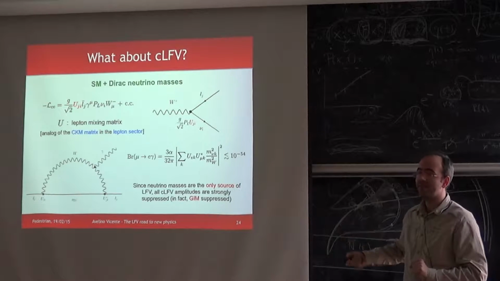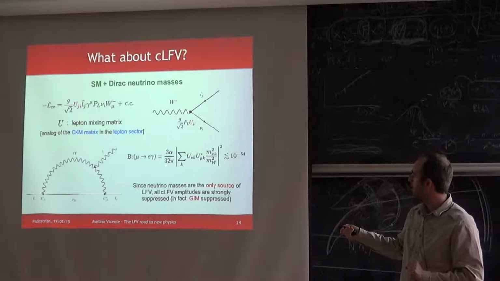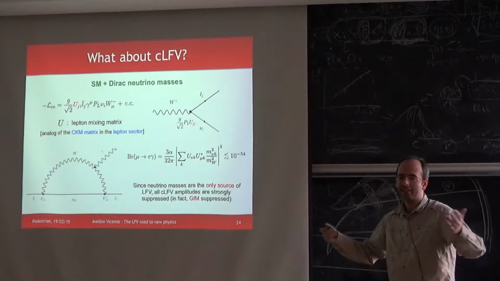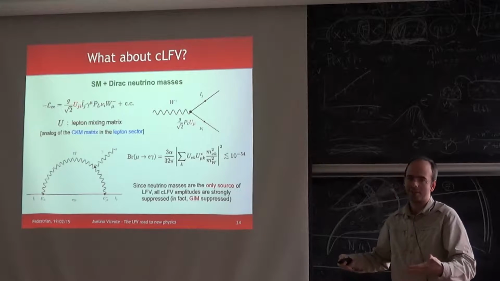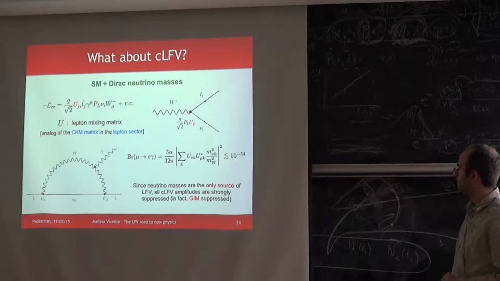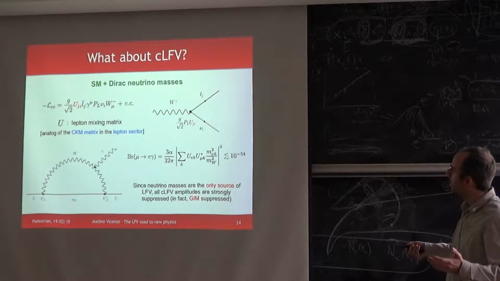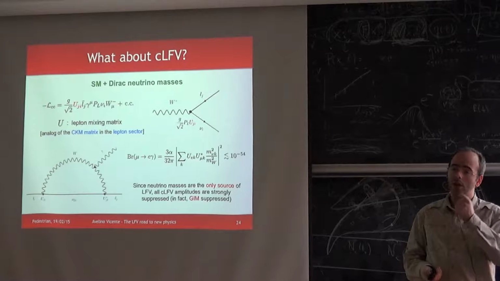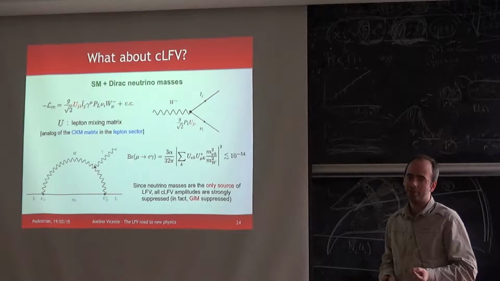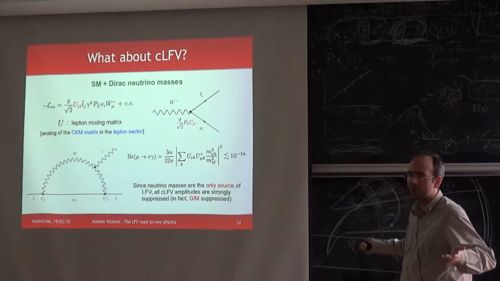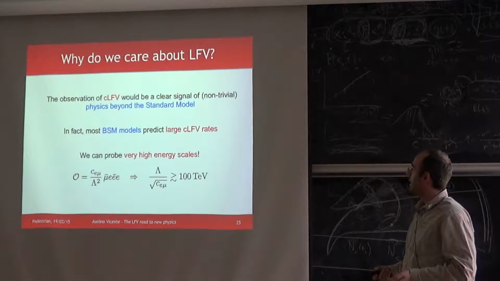Because of that, since neutrinos are very light, the branching ratio for this is 10 to the minus 54, which is basically unobservable. There is nothing in the universe that could be searched for with such a small fraction of events. So if you are living in a universe with a standard model plus Dirac neutrino masses, you would expect that only neutrinos feel lepton flavor violation. And this is very sad because this is the truth. Then we are done. We cannot observe anything. However,